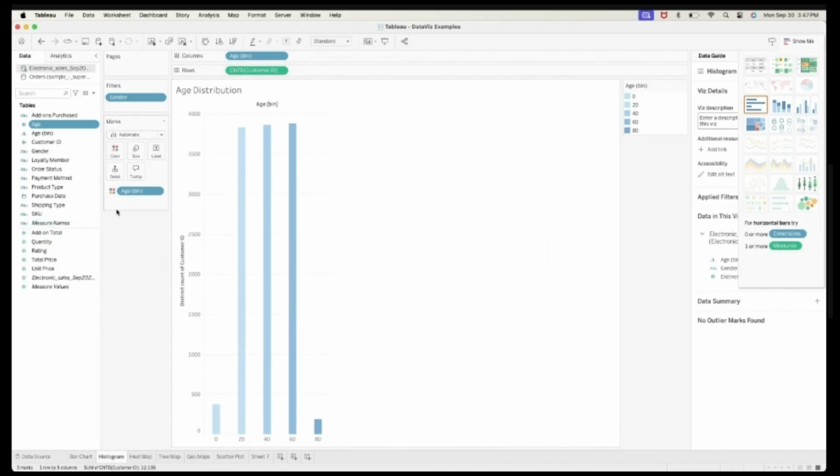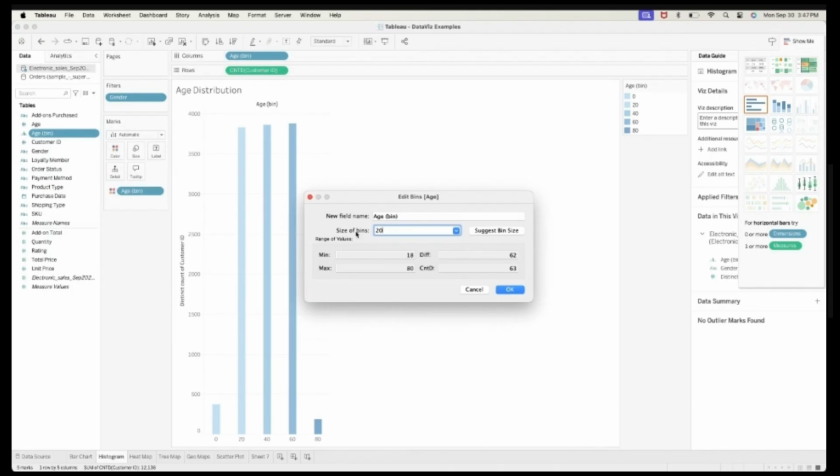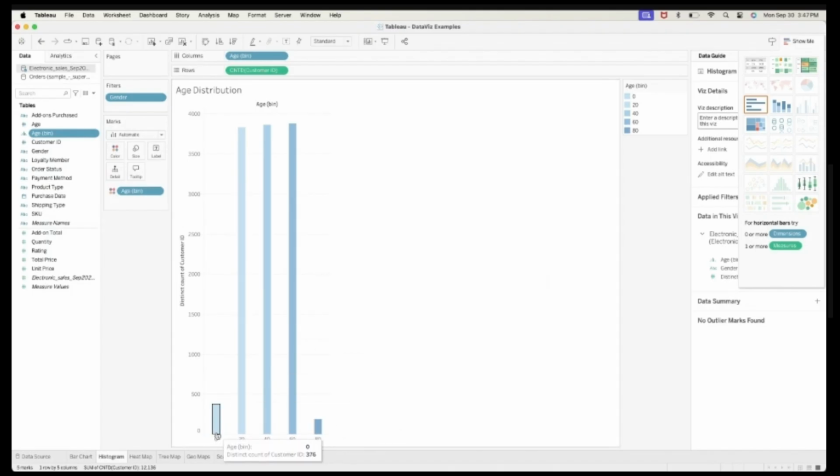If you take a look at the bin I created, edit 20. This bin's range is 0 to 19. This is 20 to 39. This is 40 to 59. This is 60 to 79. And then we have the 80.